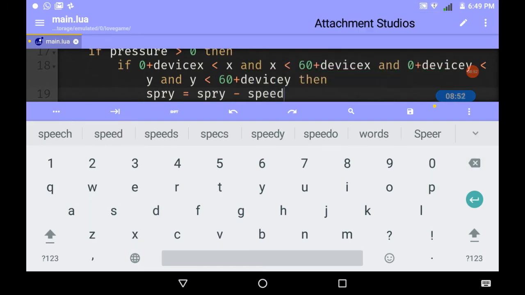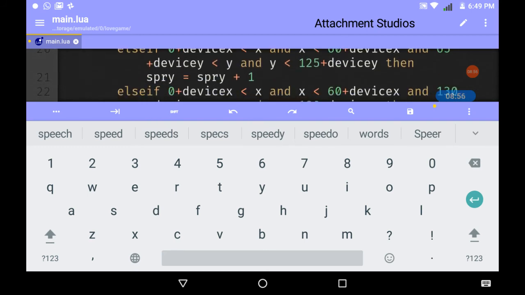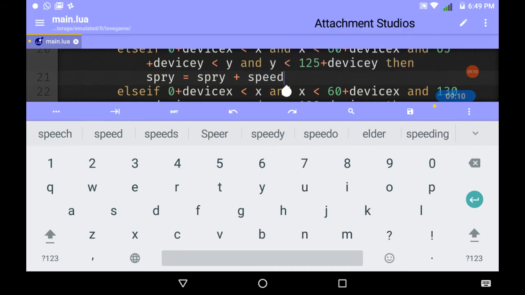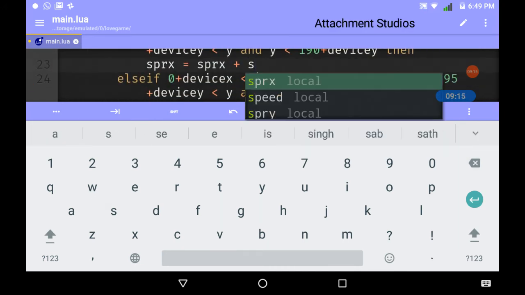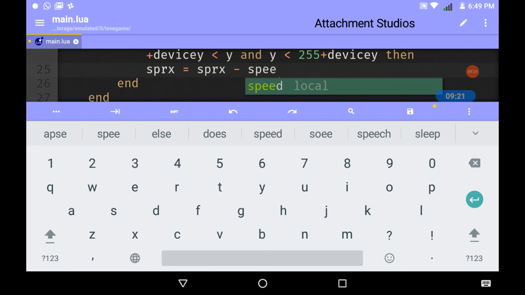So I think I will also make a variable, speed, and this is how many pixels it will move per frame. Yes, per frame. So I will just use speed everywhere. I think I will set the speed to 10 for fast speed.